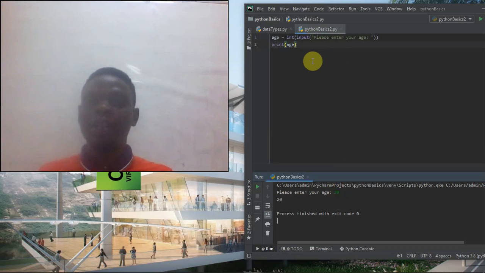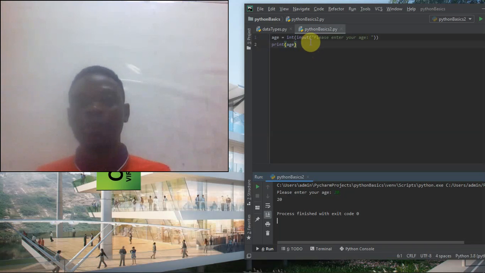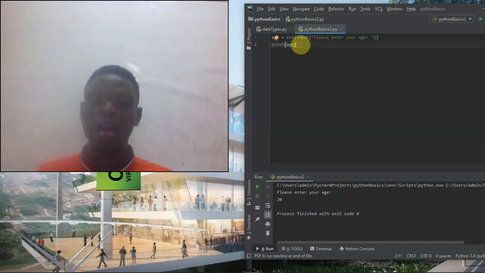If you have any problem with that, let me know. But then we are going to do a lot about this, so don't worry about it. This is just our first example, and this is how we accept what users input and validate it. But then if it is a string, how can we validate a string? So assuming my name